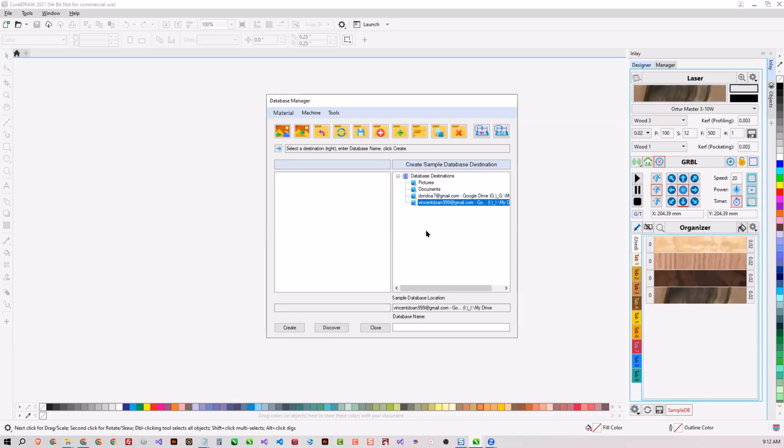It tries to hide the physical location of where your database is, to make it easier for you to manage from within Image Paint rather than go to your Windows Explorer and create the database there. So it only gives you what it wants you to see.